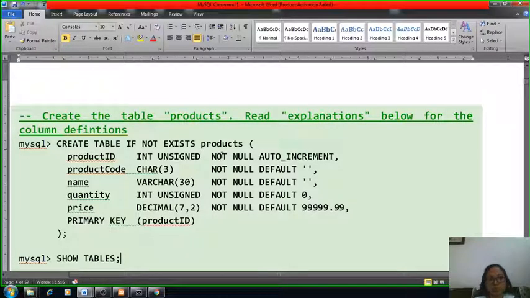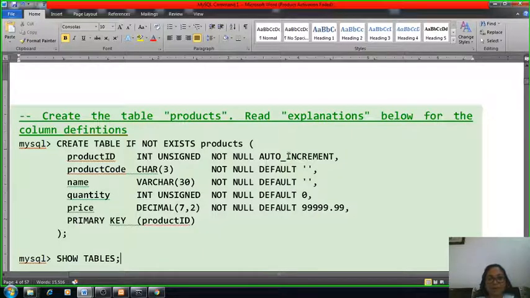Whenever we want to set any attribute's value as mandatory, we have to set this value as not null. So not null is the specification that the attribute's value should not be null, this value should not be missing. And if we do not insert this attribute's value, we cannot go forward. That is the meaning of not null.